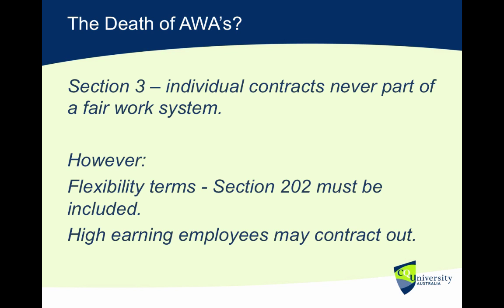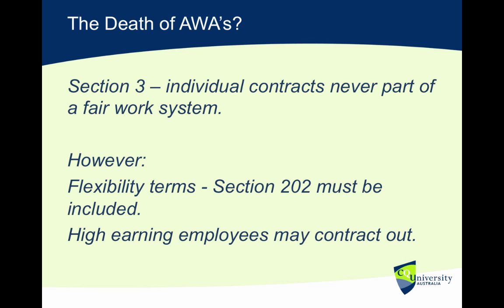right at the very beginning, under objects in Division 2. The object of this Act is to provide a balanced framework for cooperative and productive workplace relations that promotes national economic prosperity and social inclusion for all Australians. And then it has a number of points by which that's going to be achieved. But very interestingly, it's quite clear in that section that AWAs, individual agreements, are not going to be part of this new system.